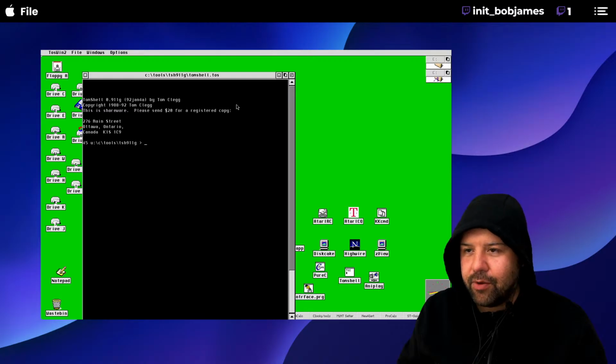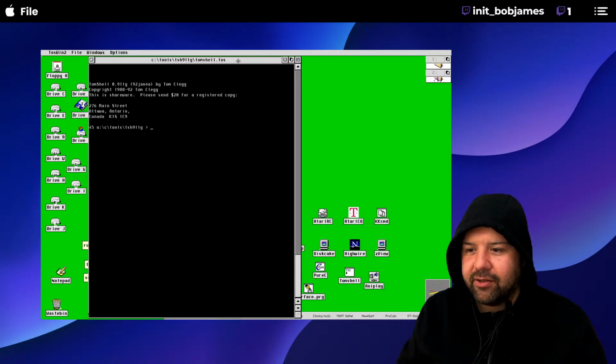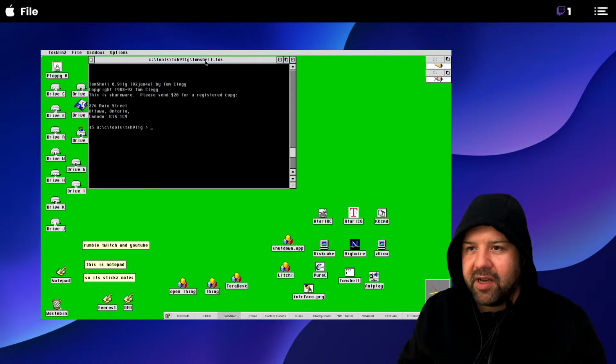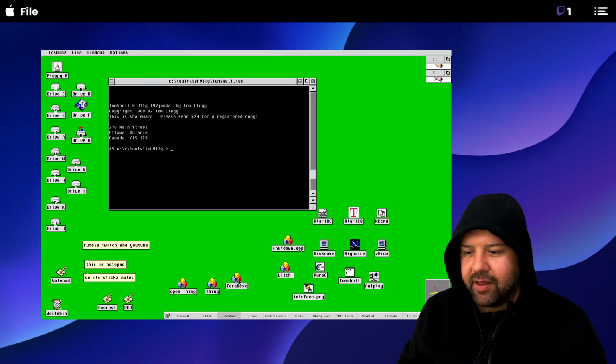This is called Tom Shell, and Tom Shell is shareware. So if you know the difference between public domain and shareware, let me know in the chat, and I should check